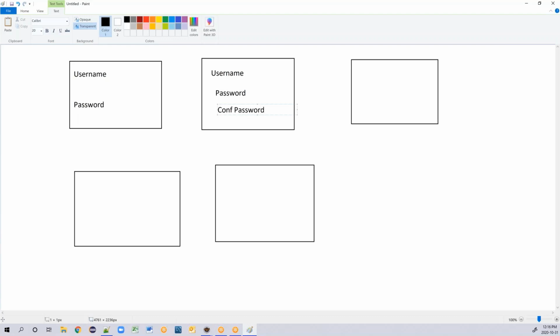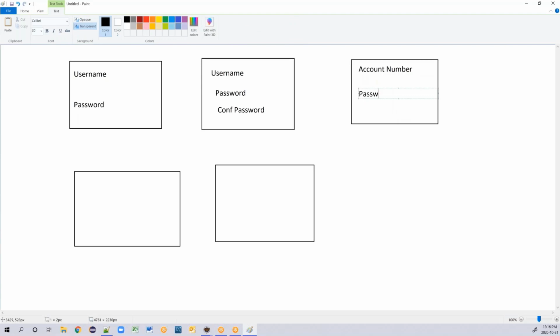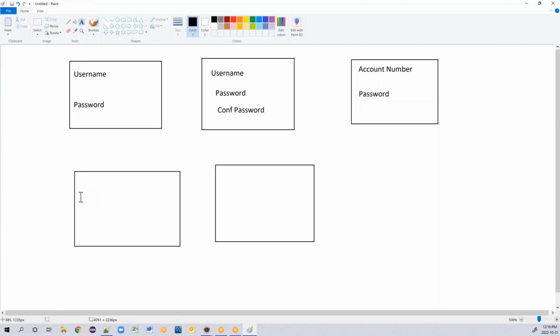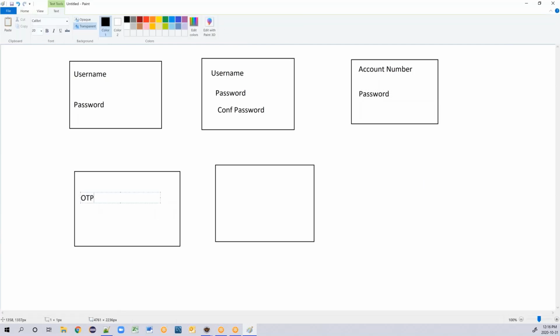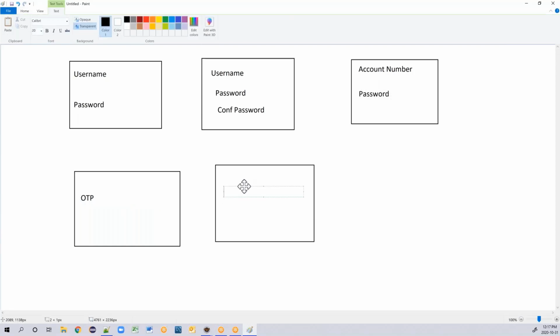This is the another possibility. And there is a possibility that they can log in with account number and password. So this is the next combination. Or there is a possibility that they can log in with only OTP, like one-time password. Or they can log in with email ID. You need to enter the email ID and also you need to enter the password. Right? So these are the multiple possibilities that can happen.